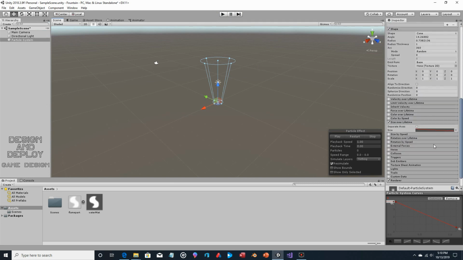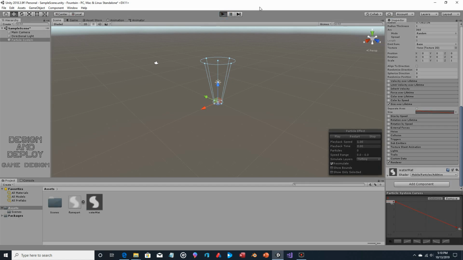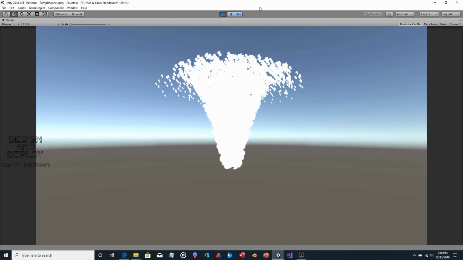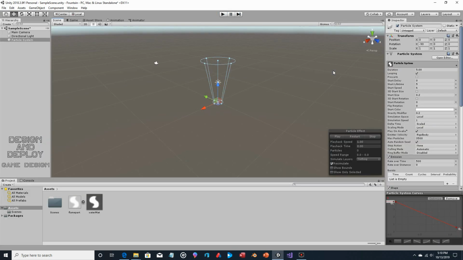Now, keep in mind, we're still using the default particle. So when we use ours, it's going to look quite different. So actually, let's do that right now. And you'll see how much that changes. You're not going to have that glowy aspect to it. Okay. So let's go to